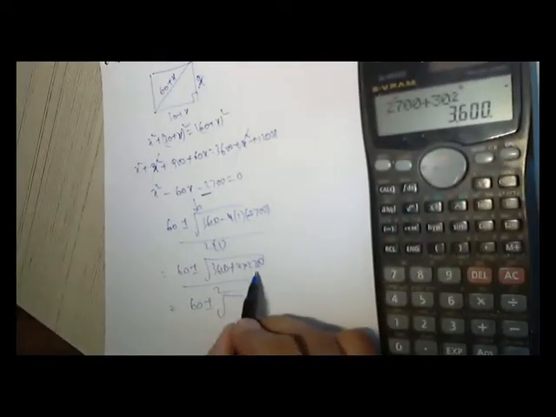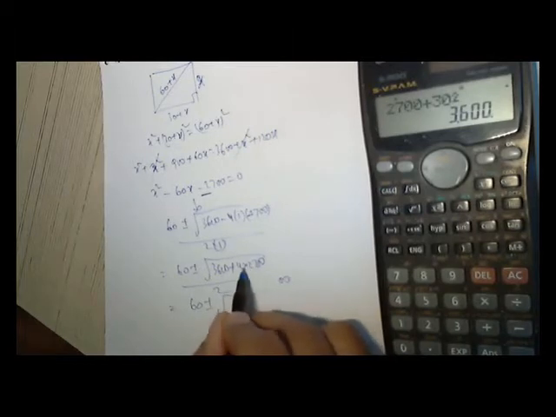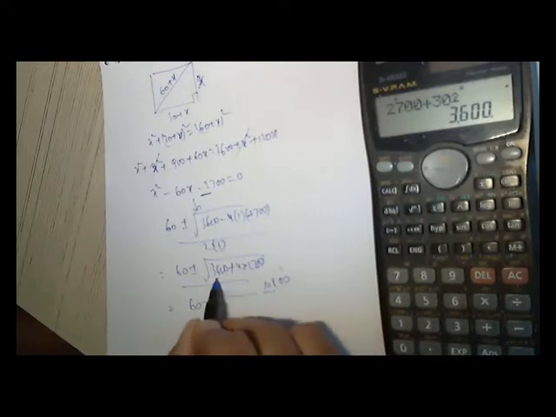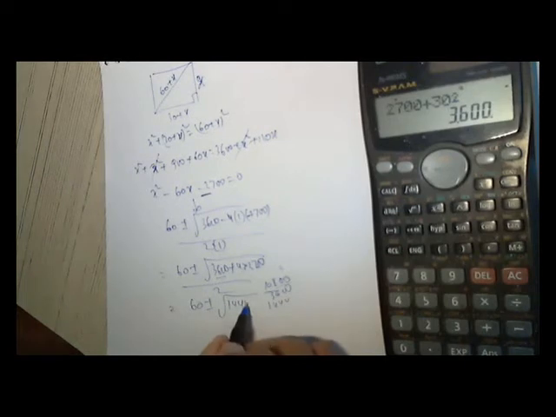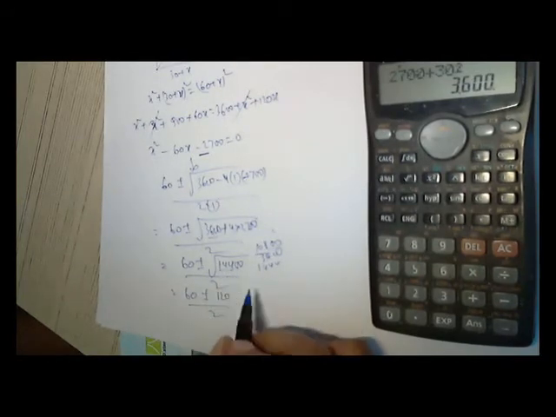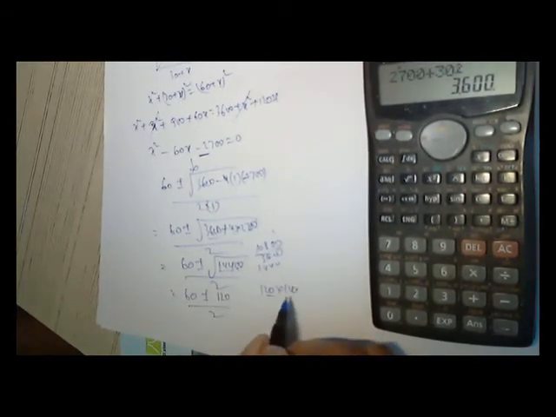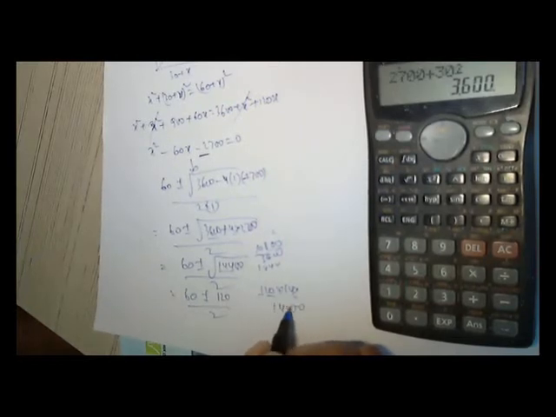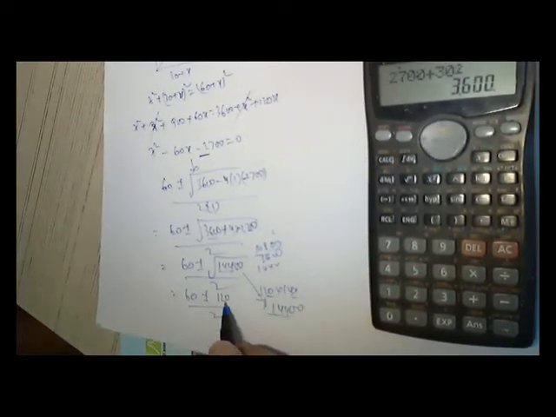60 plus or minus square root of, what is this becoming? 400, 4 sevens are 28, 4 twos are 8, so 10,800 plus 3,600. So 144,000 by 2. So 60 plus or minus the square root of 144,000, the root is 12, 100 root is 10. So 10 into 12 is 120. So 120 square is this. So 120 into 120. 10 into 10 is 100, 12 12s are 144. So plus or minus 120.